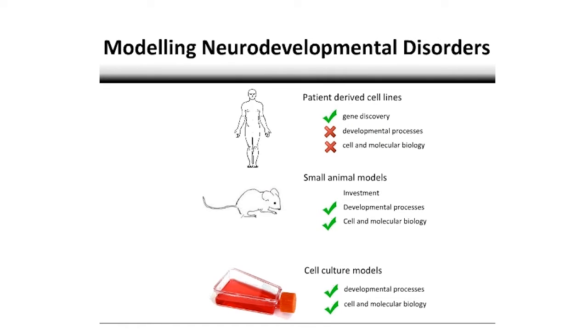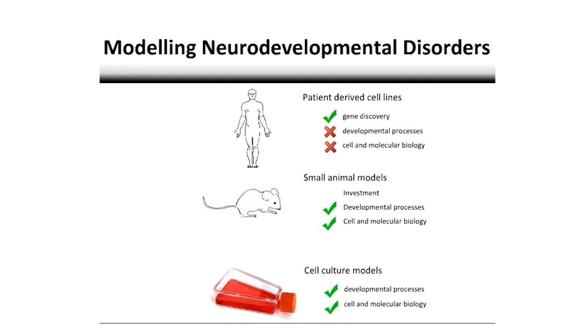So the materials available to me to complete these studies are varied. We have cell lines that we can get from affected individuals, whether these be blood or skin derived, and these, as I mentioned, are a really good source of DNA for us to begin the gene discovery, but perhaps not so conducive to studying developmental processes and cell and molecular biology. For that, if we really want to know the function of a gene in brain development, we can turn to small animal models, mice, zebrafish, and so on. These are fantastic for studying developmental processes, but they're very hard to manipulate, and there's quite a large investment involved in setting up these systems.